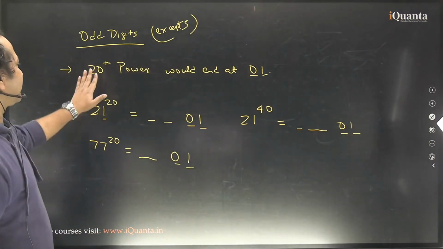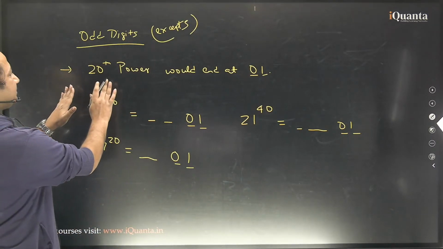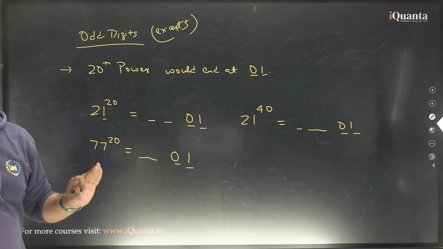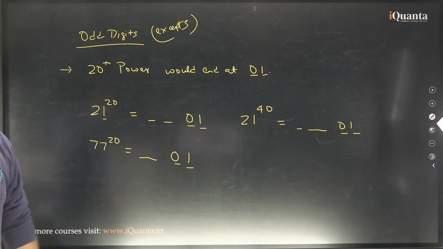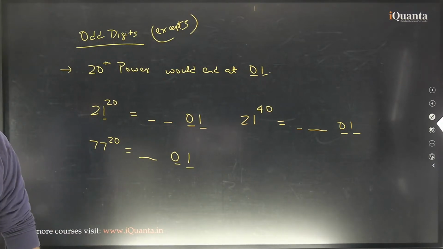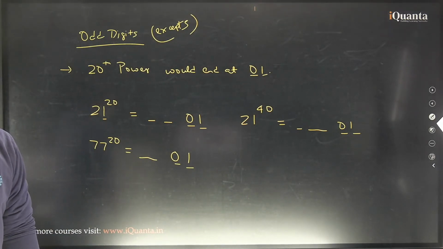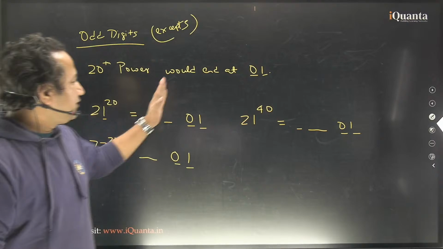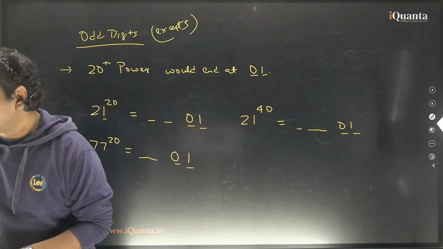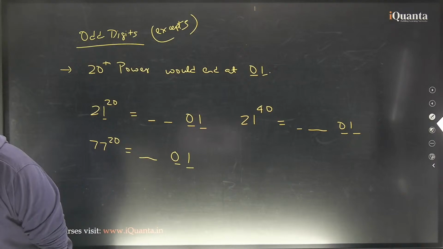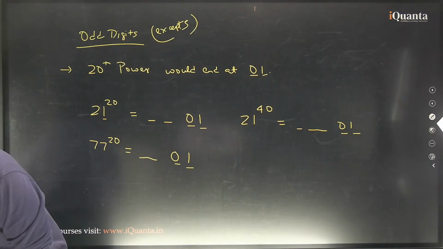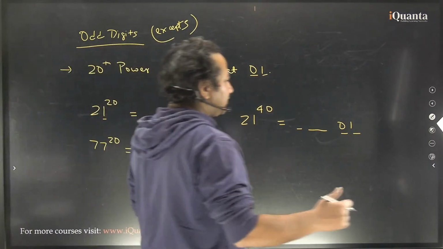So basically not just 20th power, any power which is a multiple of 20, it will always end at 01 if the last digit is odd. Right, Shalu, all multiples 20, 40, 60, 80, 100, कुछ भी होगा हमेशा हमारे पास ये 01 ही आएगा। ये बात समझ में आप लोग को आ गई है। अब इसका यूज कैसे होगा, चलो लेट अस टेक एन एग्जांपल।